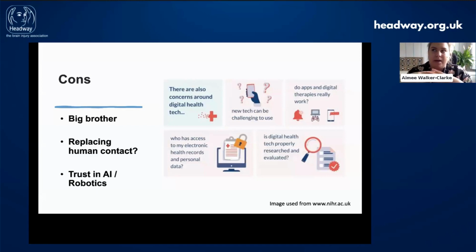When there's some kind of health monitoring going on, people have concerns, okay, well, who's watching me? Who's looking at this information? And quite rightly, we should be concerned about who has access to that data. Then there is the concern about